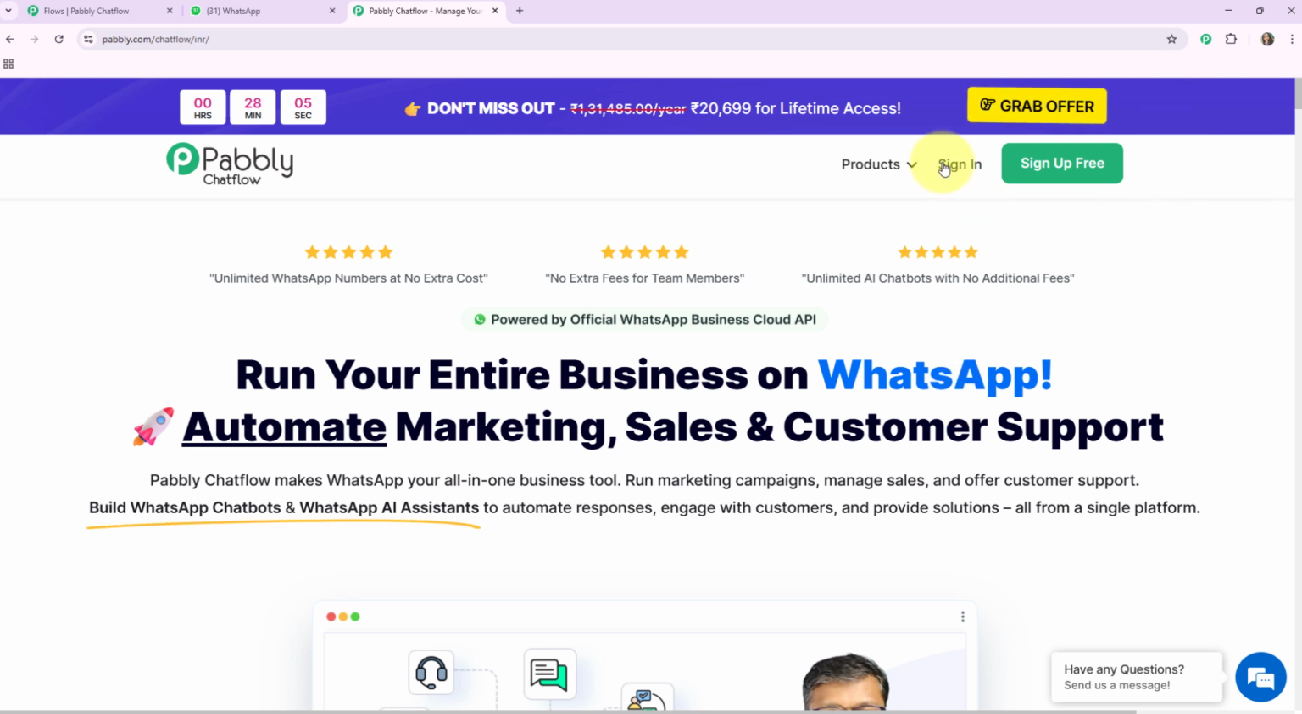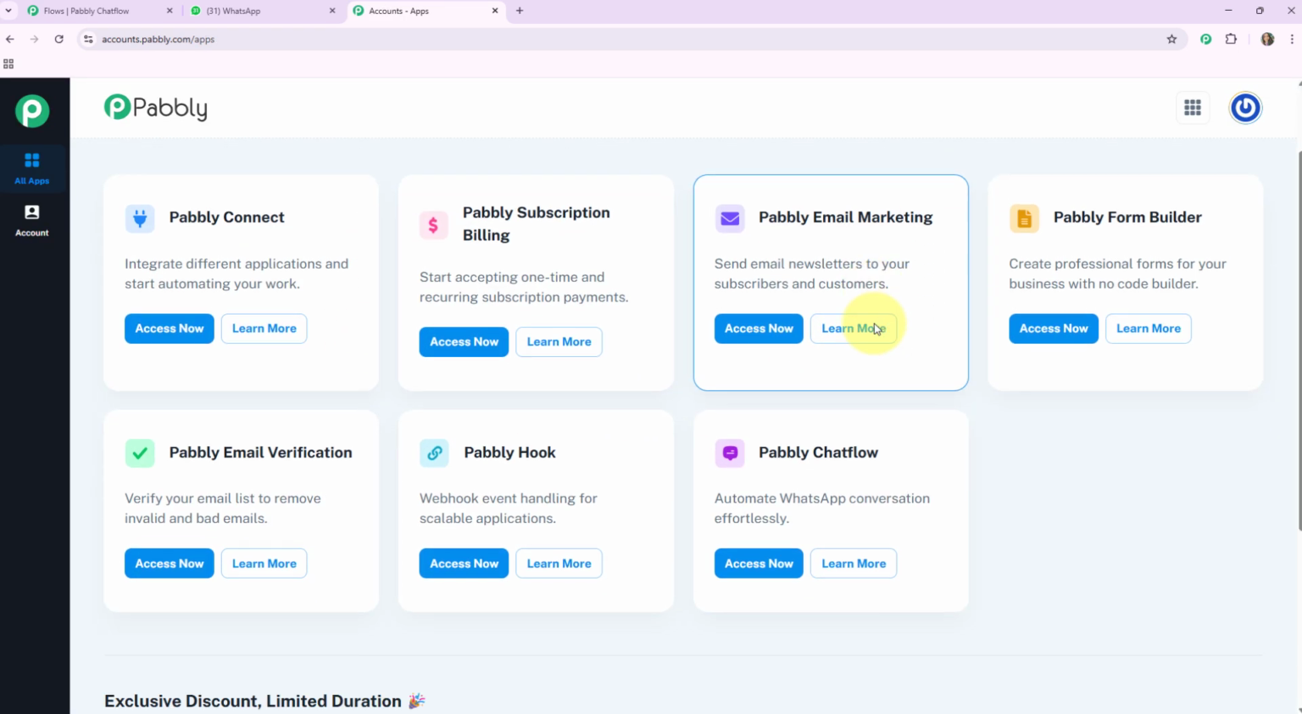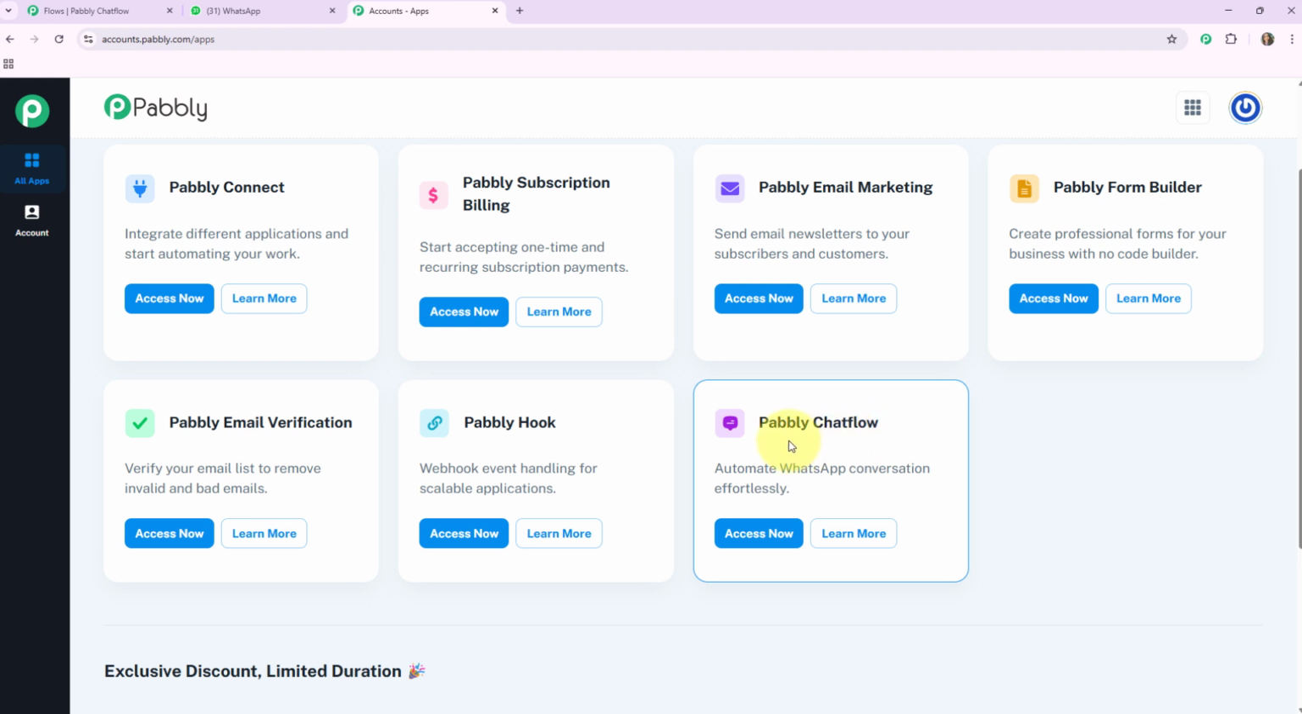Here on the right-hand side you can see 2 options. One is sign in and the other is sign up. If you are a new user, then you can go to the sign up option. If you are an existing user, then you can click on sign in. As I am an existing user, I'll click on sign in. See, these are all the apps that Pabbly provides to its users. As we are creating a WhatsApp chatbot, we will go to the Pabbly Chatflow box by clicking the Access Now